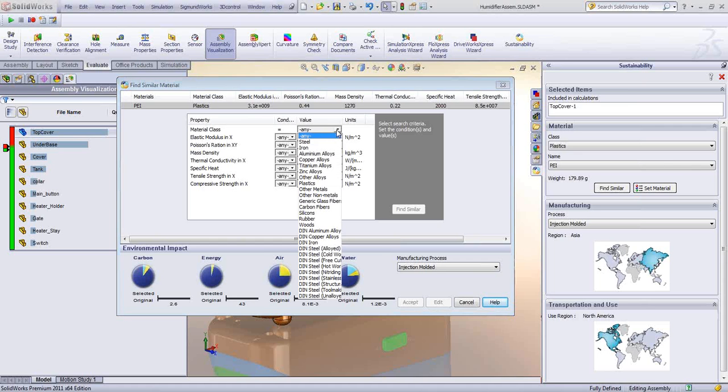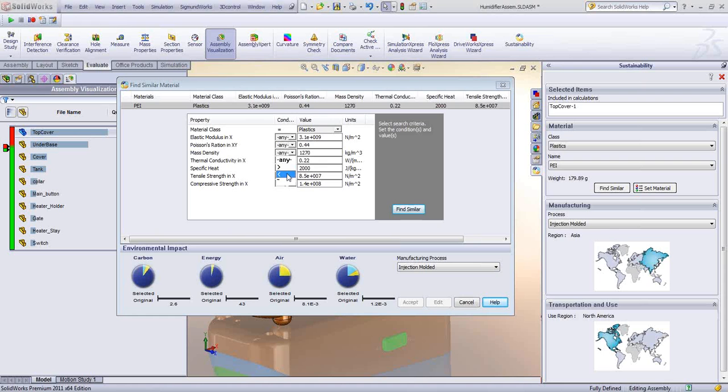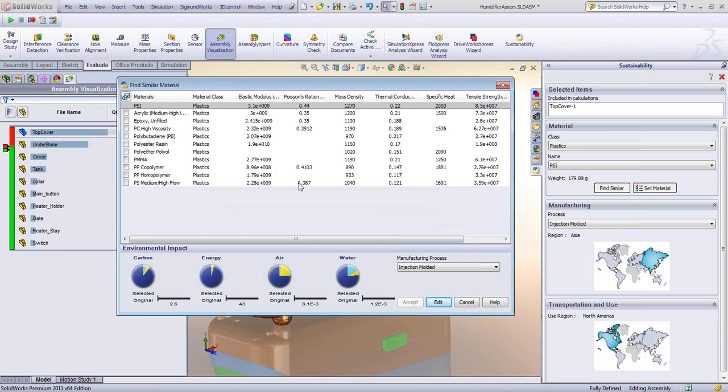So let me just retain plastics as the material class, and let's say I find materials which are less dense than the existing material and which have lesser thermal conductivity, something like this. So when I click on find similar, I'll get a list of materials from the SolidWorks material database,